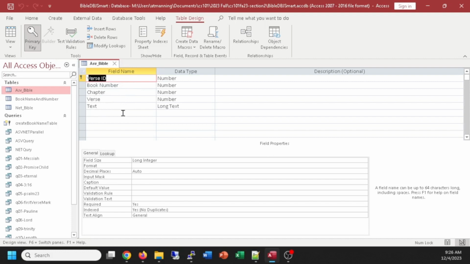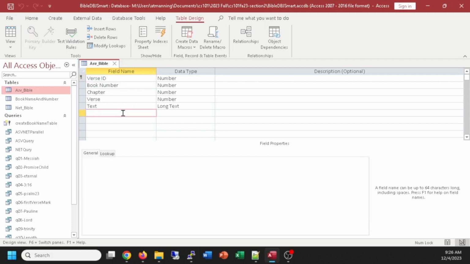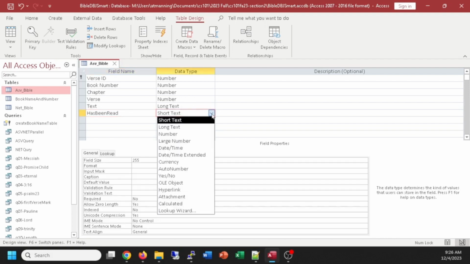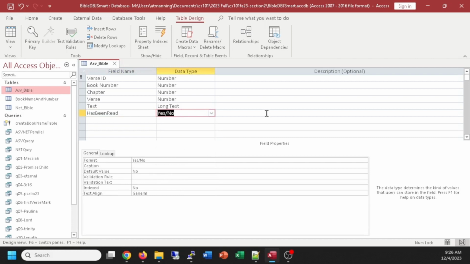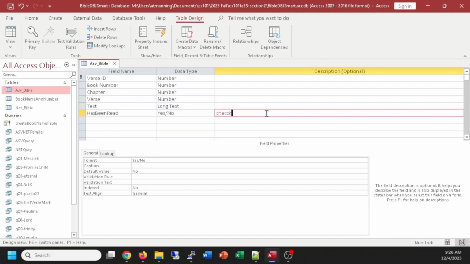Suppose I have a reading plan for the year, and let's have me be able to check off my verses as having been read for the year. I'm going to read through the Bible in a year, and as I read it, I want to check off that it has been read. So I'm going to make a field called Has Been Read. And the data type there, let's see, what could that be? How about a yes/no? And I'll put a little note there: Checked